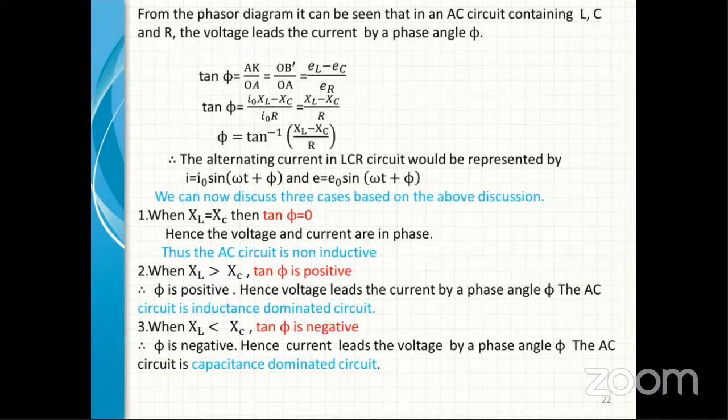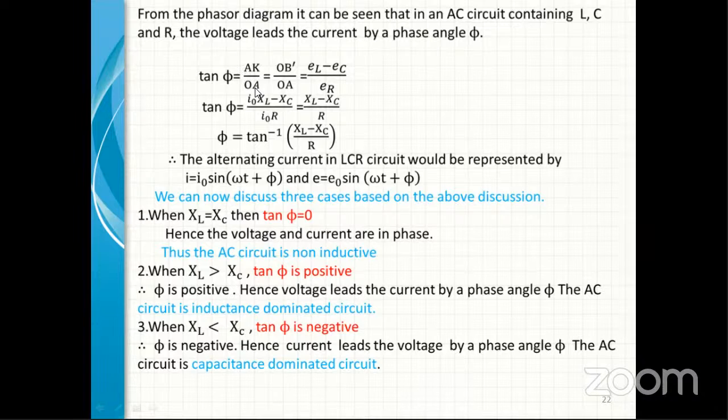Now we have to look at the same previous diagram, and from it we have to find out tan phi from the phasor diagram. From the phasor diagram, it can be seen that in an AC circuit containing L, C and R, the voltage leads the current by phase angle phi. Therefore, this tan phi is equal to